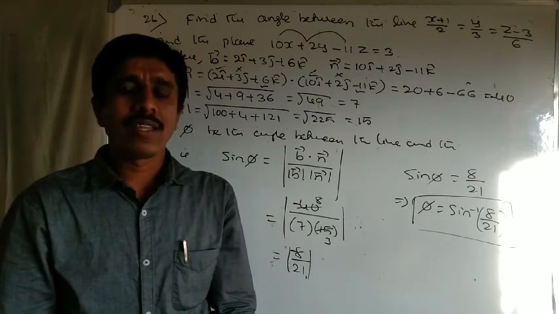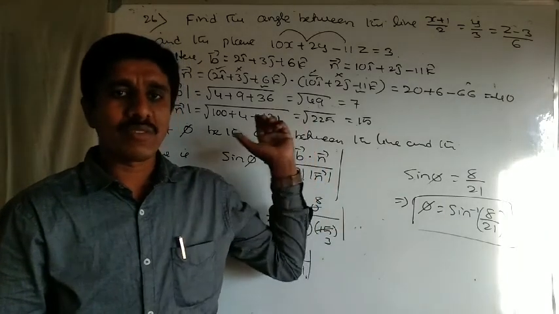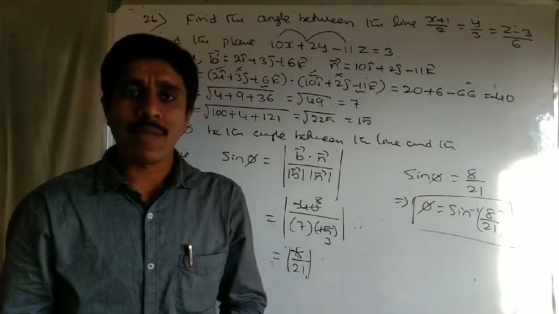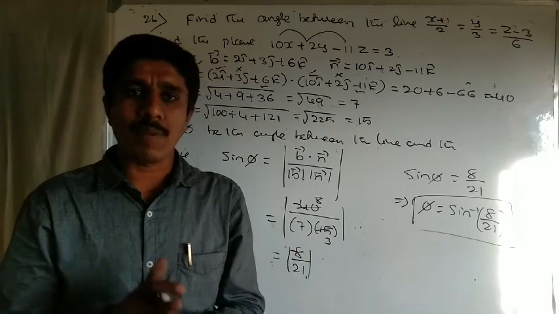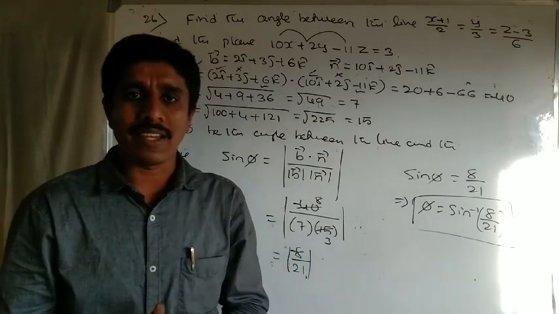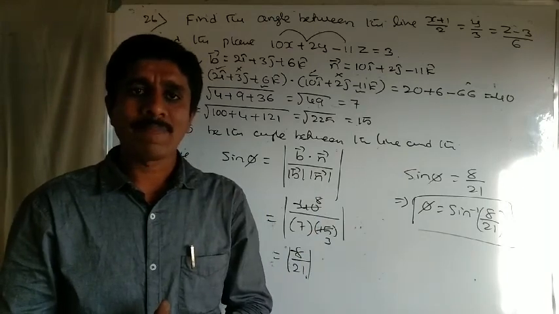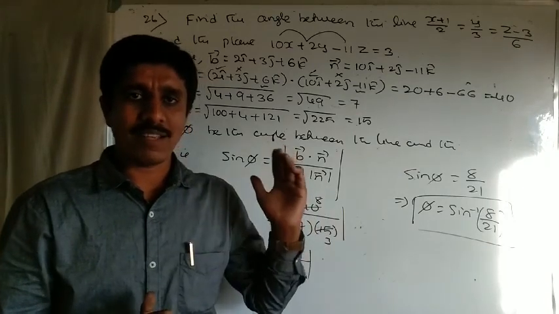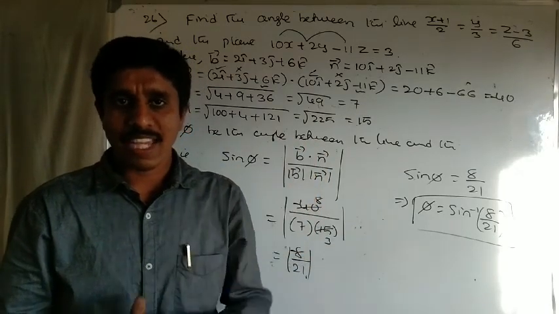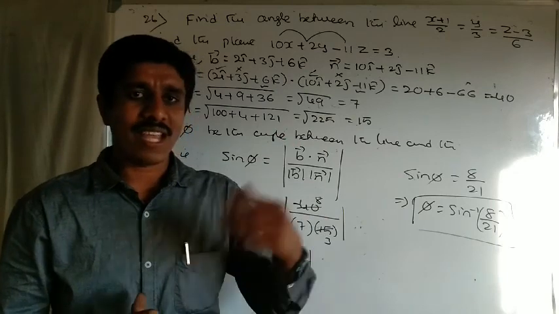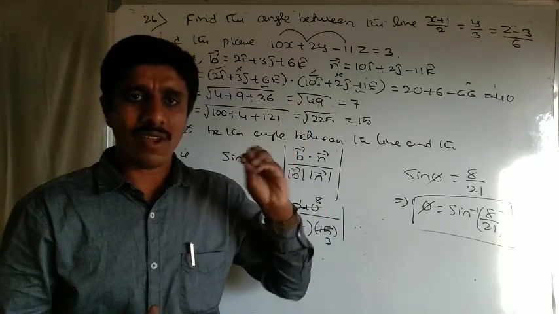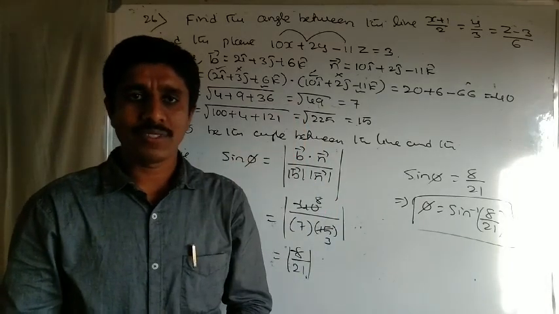Mind it. Actually, the last concepts of this 3D chapter, angle between two planes, distance of a point from a plane, and angle between a line and a plane, are deleted. Only the distance of a point from a plane derivations will be there, along with the equation of a line in space, and the first exercise and second exercise. Some of the last problems are not there. Got it? Thank you very much.